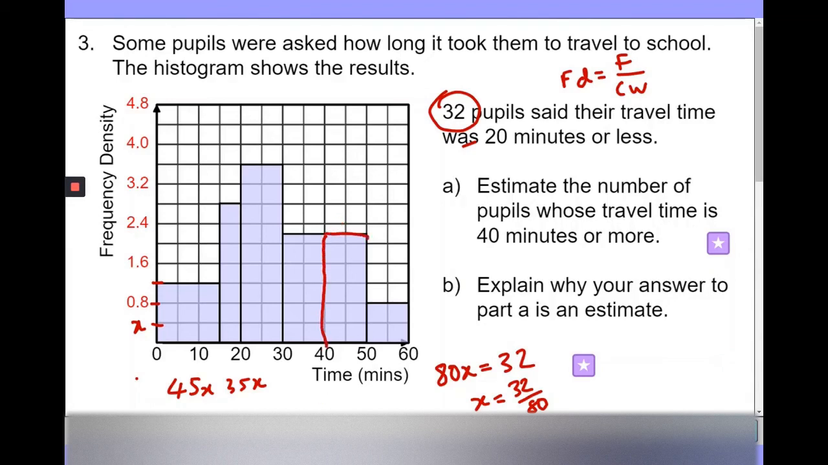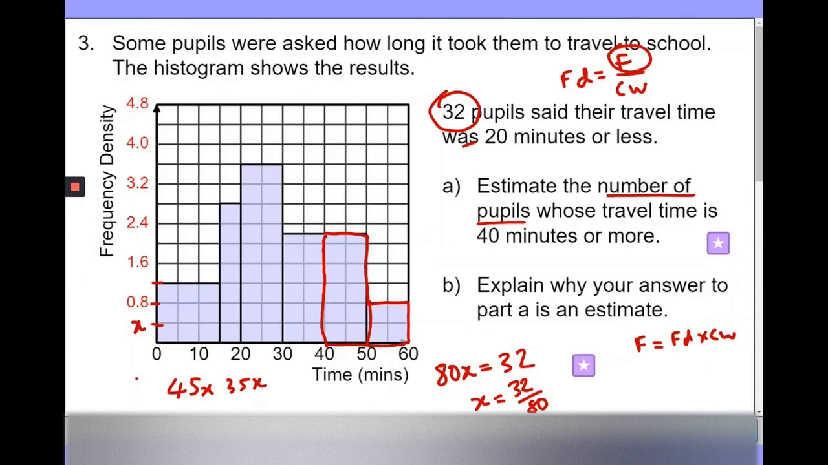So what we really want to deal with is just this section. Now when it says number of pupils, that just means frequency. We're finding frequency. So we can split this into two parts. So frequency equals frequency density times class width. And in this case, I can see frequency density is going to be,